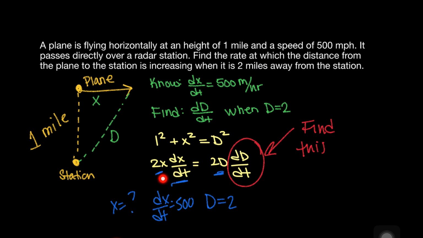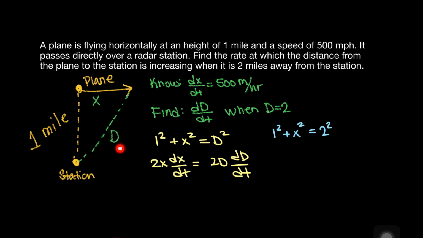But I actually don't know what I'm going to plug in for x. So again, we're trying to find this dt. That's what I want to solve for. So I need to plug in numbers for all of the other variables listed. And I know 2 out of 3 of them. I know d is 2, dx/dt is 500. I don't know x. But it turns out we can actually solve for x,